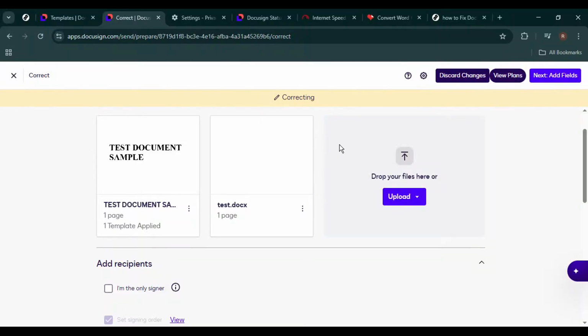In today's video, I'm going to show you exactly how to fix the DocuSign error duplicate recipients step by step. If you've tried sending an envelope and suddenly get an error saying there are duplicate recipients, don't worry. This is a common issue, and it's usually very easy to fix once you know what to look for. I'll walk you through the most common causes and the exact solutions so you can get your documents sent without